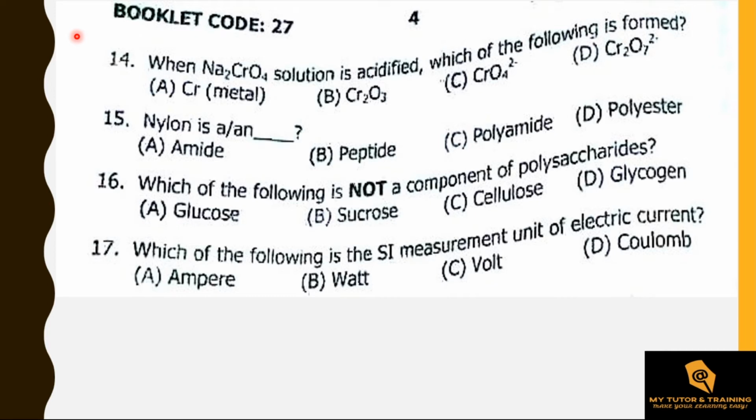Let's come to question number 17. Which of the following is the SI measurement unit of electric current? By the way,